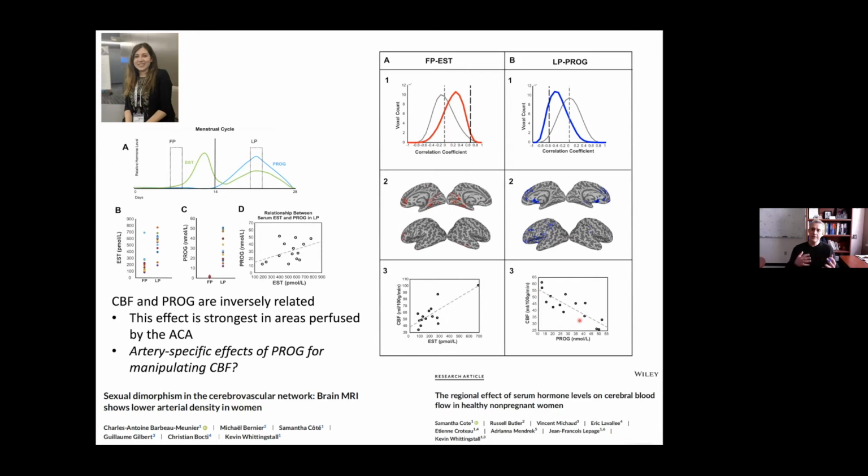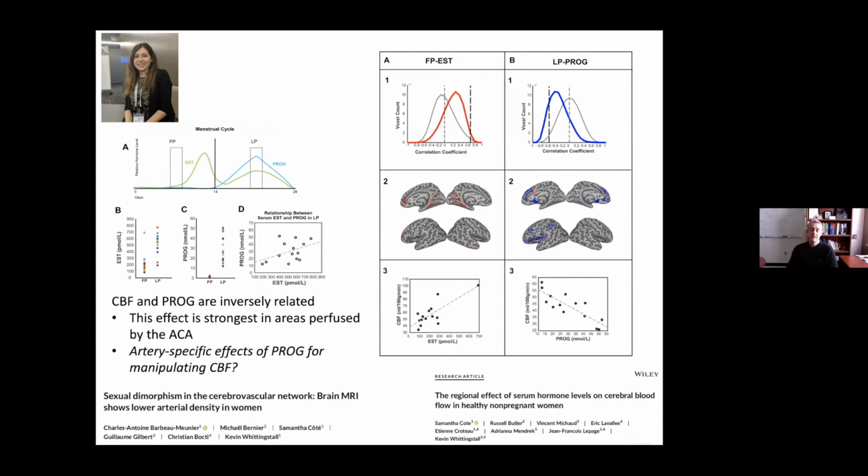But this is where mapping arteries becomes really important, because when we looked at where the correlation was highest, here in the blue areas, without knowing the layout of the arteries, we would have said something like anterior cingulate, medial prefrontal cortex. But in fact, this follows the trajectory exactly of the anterior cerebral artery, that major artery that loops up to feed the frontal lobe.